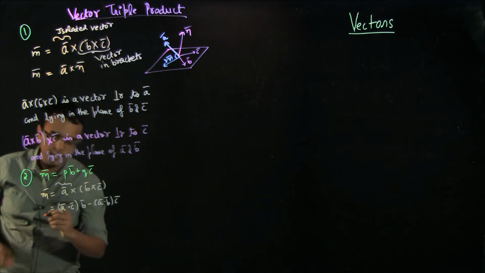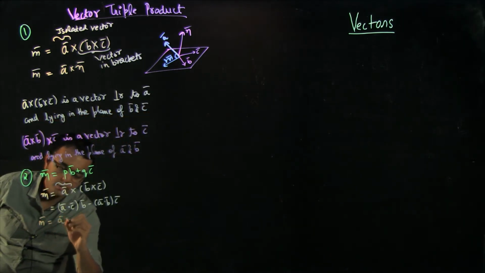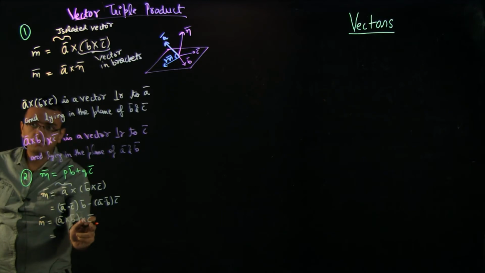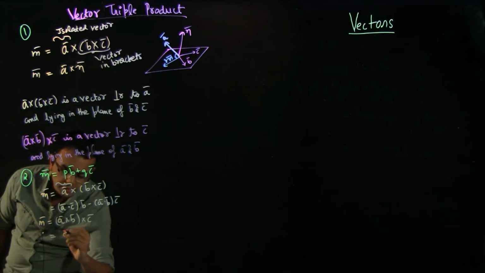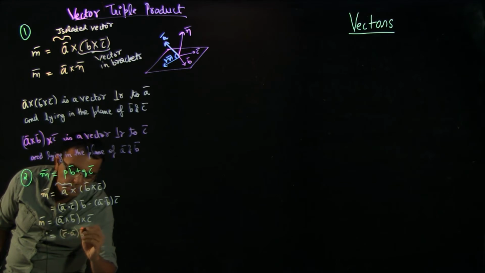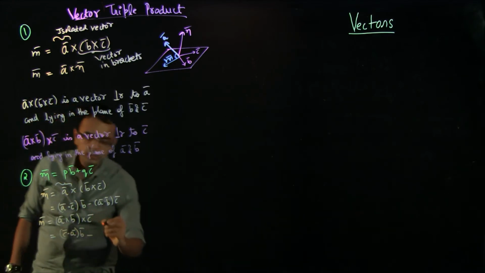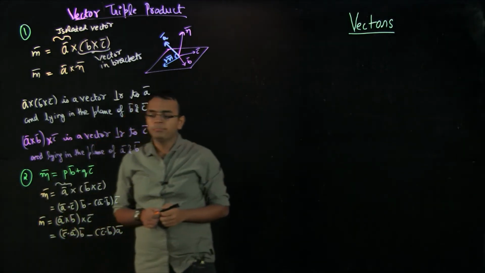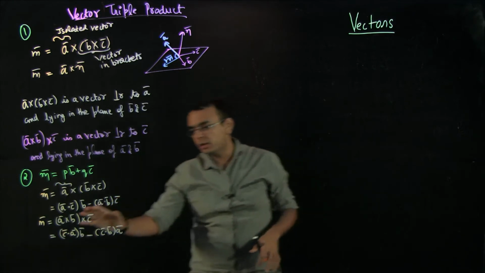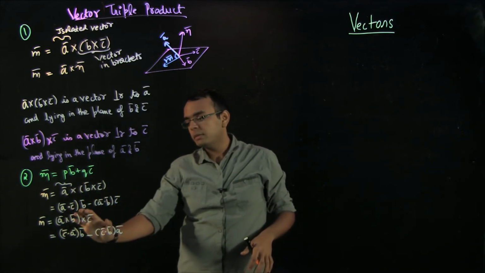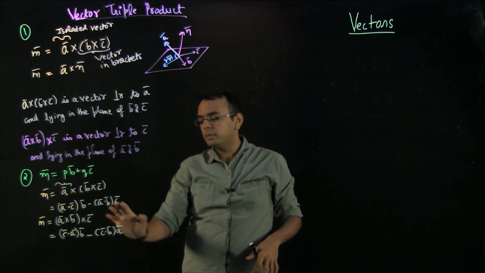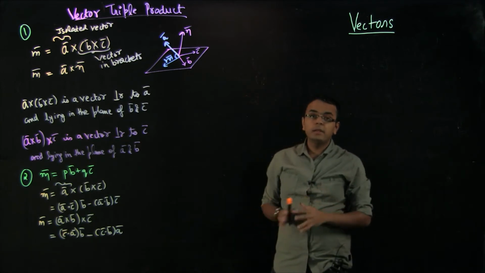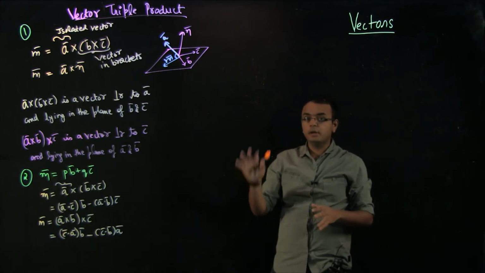If you have, let us say, M equal to (A cross B) cross C, then this rule also applies. You take C, the isolated vector, and dot it with the vector farther away from it. So you can write this as C dot A into B minus C dot B into A. Please remember this way of solving it: first dot it with the farther vector and multiply it with the near vector, minus dot it with the near vector and multiply with the farther vector. I really want you to learn these two properties again and again.